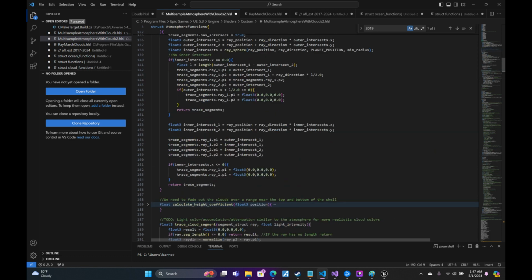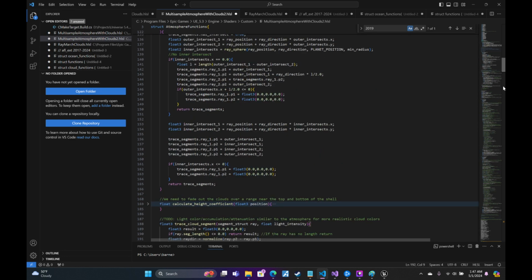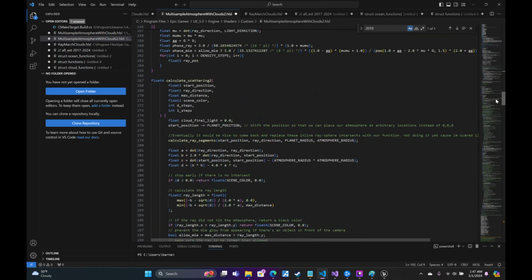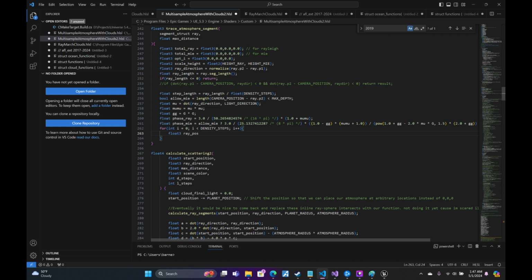No, not here. All right, ray position is equal to our ray dot p1 plus